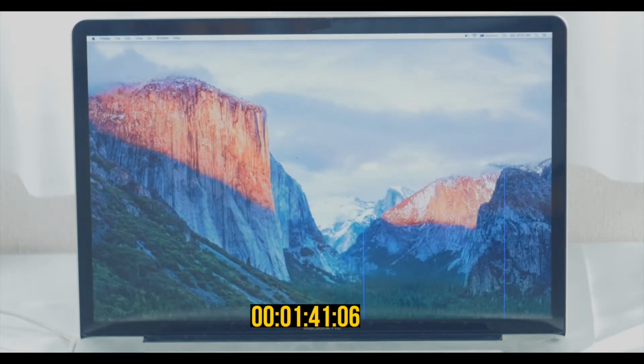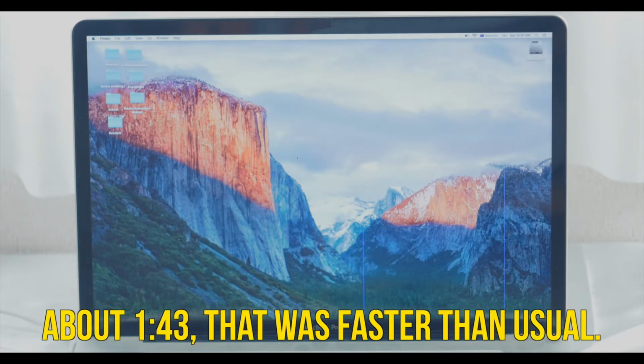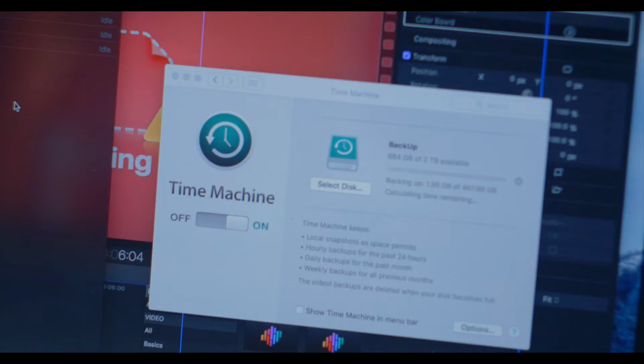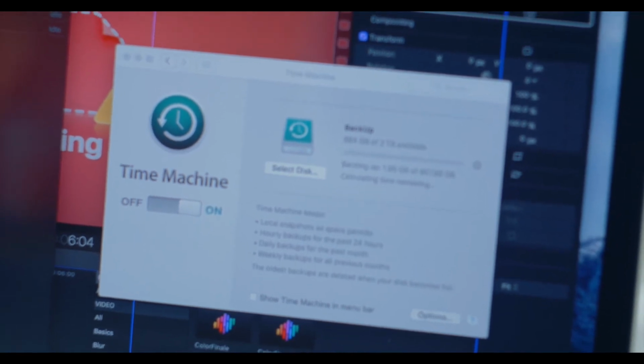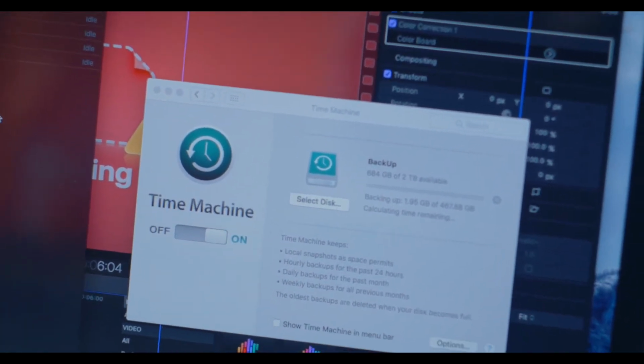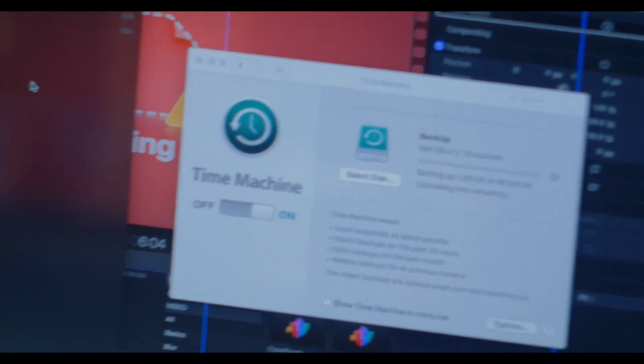It's almost there. Oh, and there we go. Should be okay now. Okay, good. So here I'm just doing a backup of my whole computer, and also, let's see here,